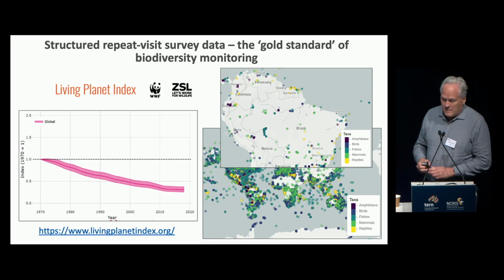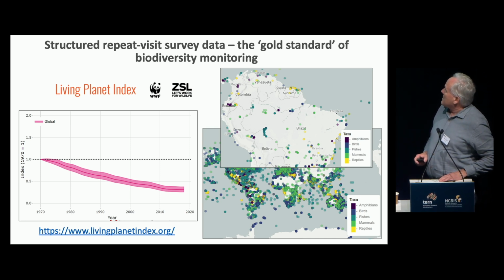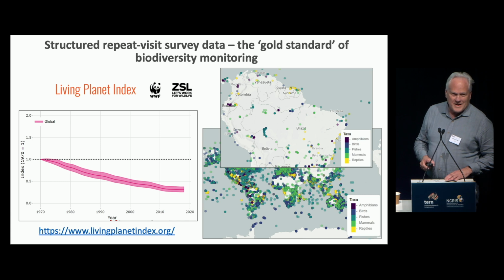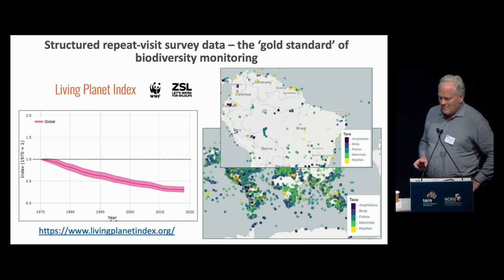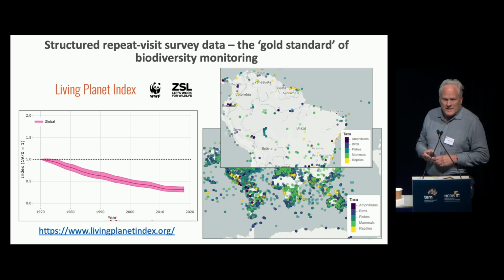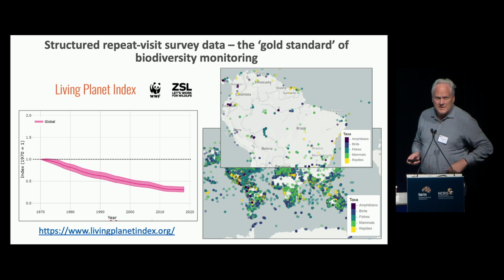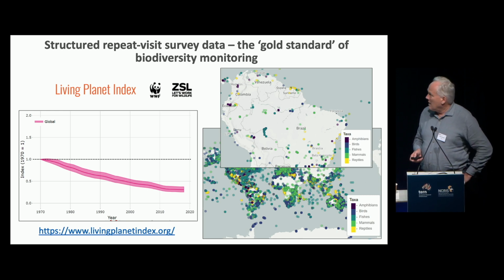Okay, we've heard a lot today already about what I sometimes call the gold standard of biodiversity monitoring, and that's where people go to the same places repeatedly over time and apply the same survey protocol to those locations so they can report change over time. The Living Planet Index is a good example of this. At global scale,